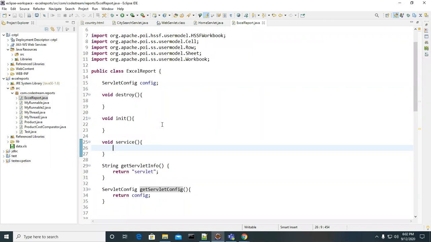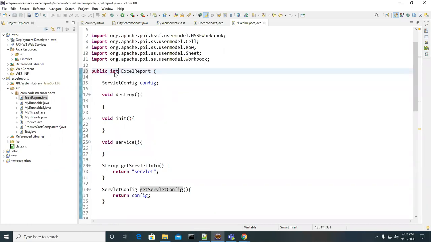Excel report is not an interface, sir. Okay, if it is an interface, can we call it a servlet program? No, sir. Then what is the answer, Anusha, for my question?